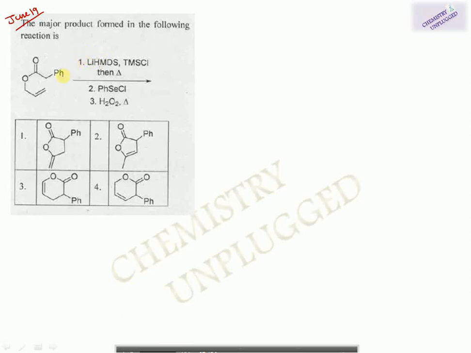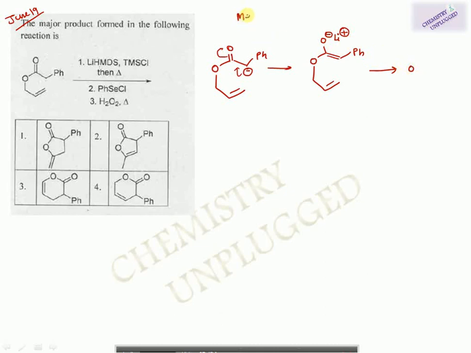You can remove the proton from this position or from this position, but this carbanion is more stable. You will get it like this. Then in the next step, this charge will shift here, and it has a negative charge, and we have lithium present here. Then in the next step we are using trimethylsilyl chloride. It also forms an enolate and combines with this oxygen. The silyl group will combine here, and this enolate is more stable as compared to the lithium enolate.